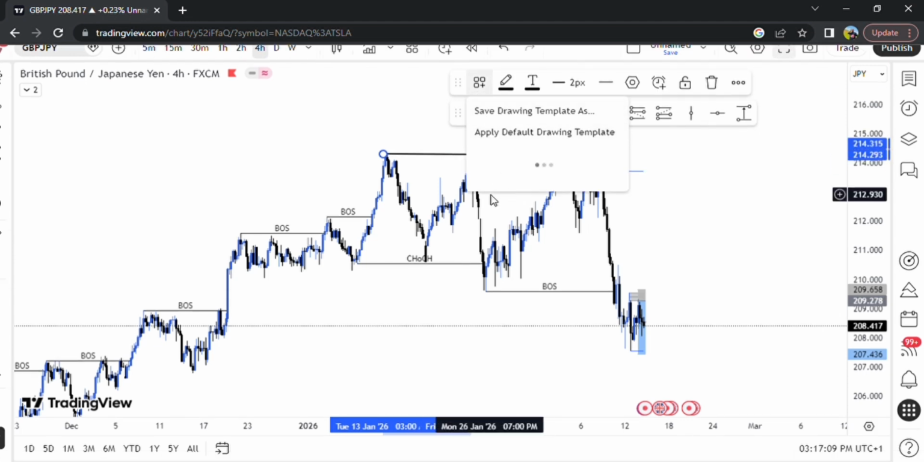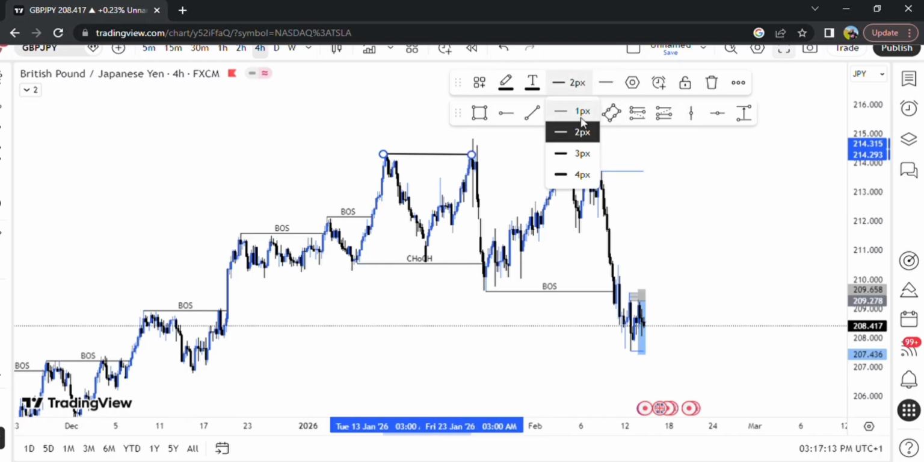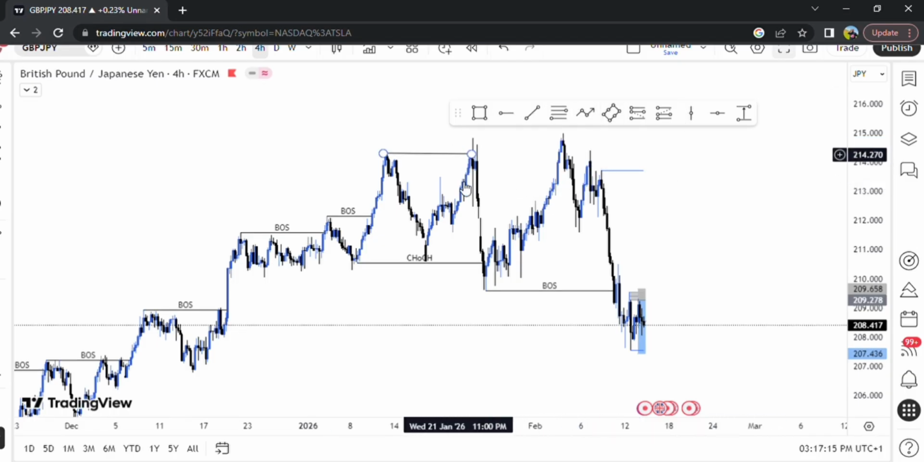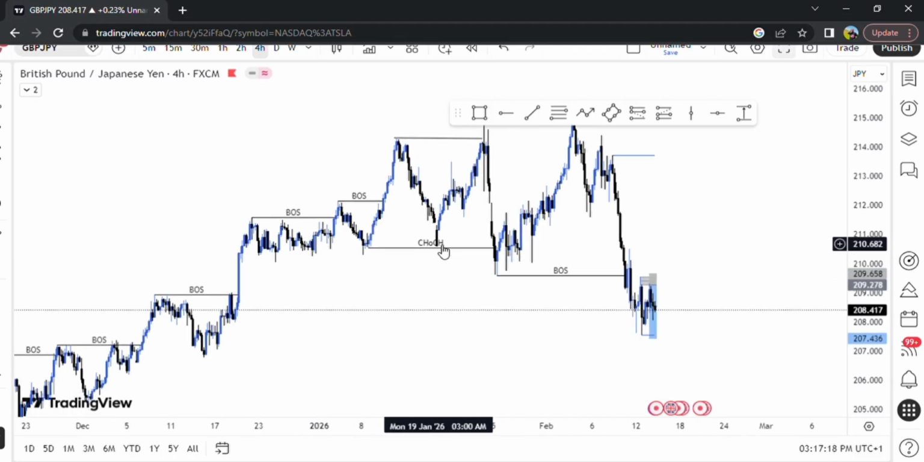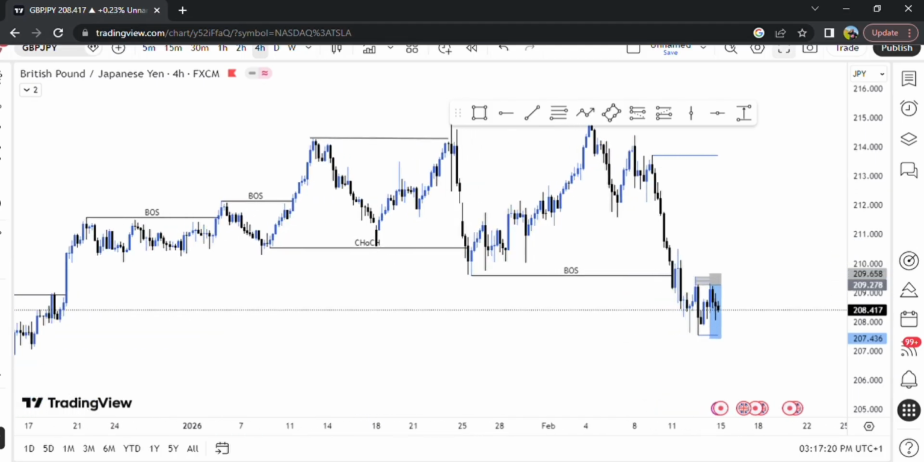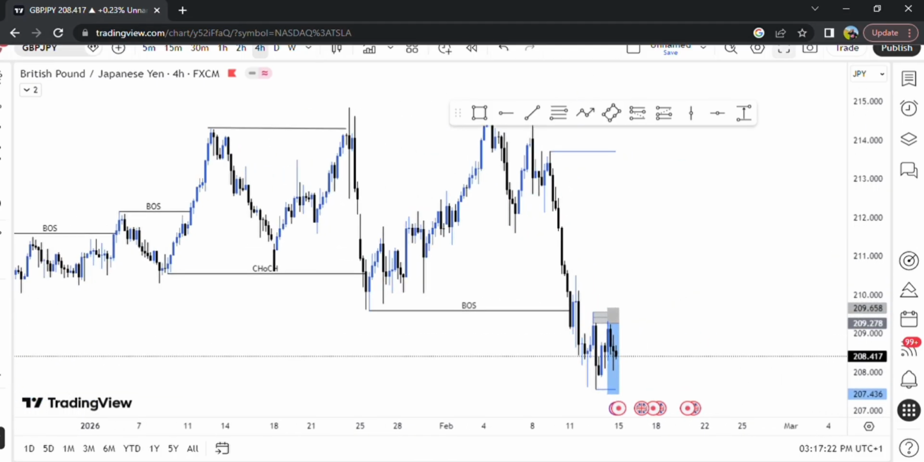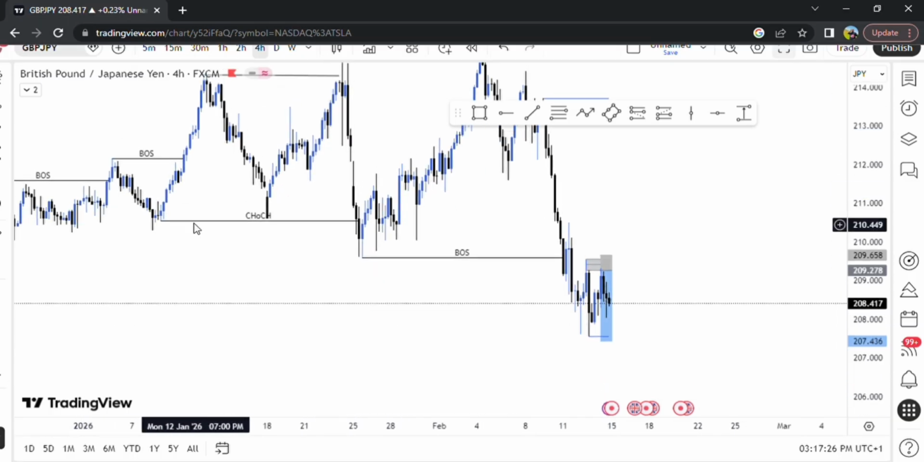It can be seen as a liquidity sweep. Now, apart from this particular liquidity sweep, you can see this is our change of character from here, and this is our current break of structure. After a change of character, showing that we are already changing direction to the downside,